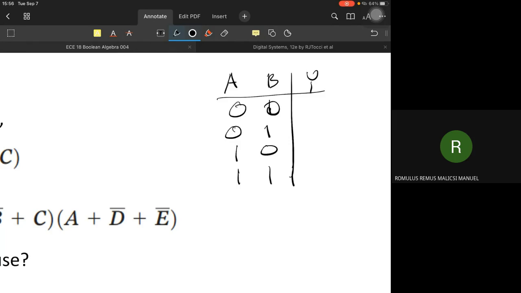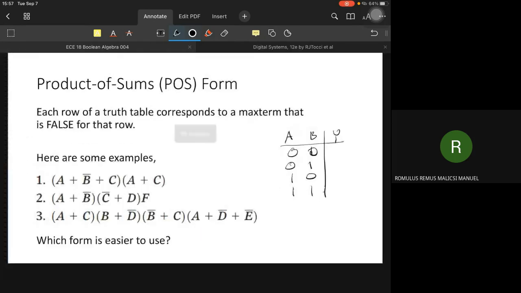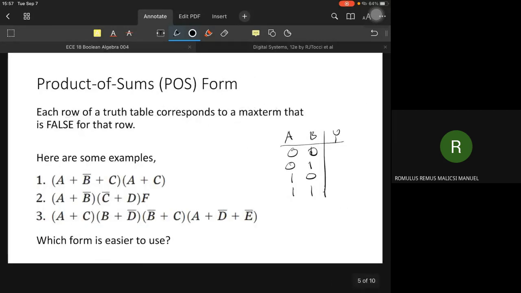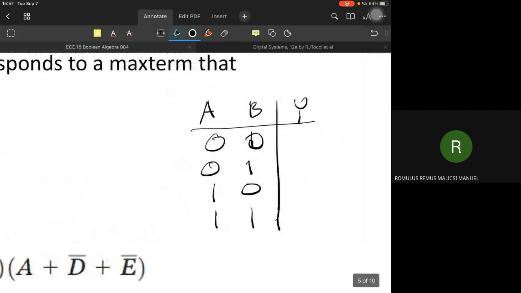This time we will use the maxterm. Maxterm, that is false for that row. Okay? Maxterm is for false. Earlier, minterm was for true. So we use the same 0, 1, 0, 1 for y. So stating the maxterm is